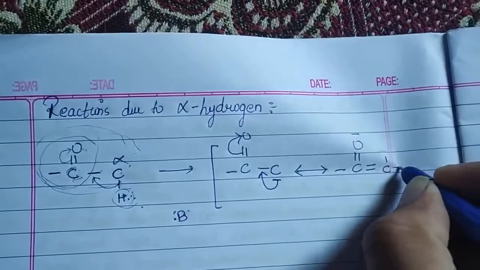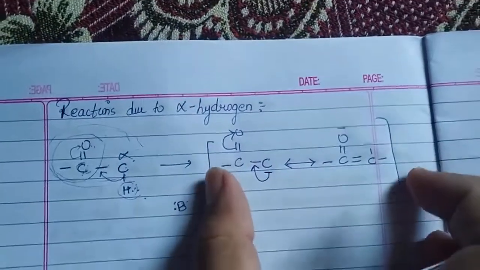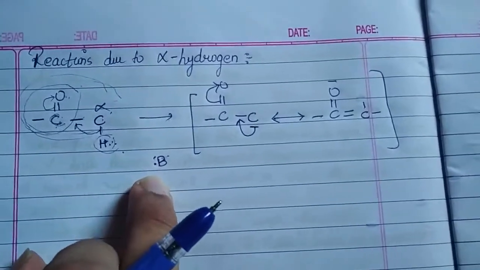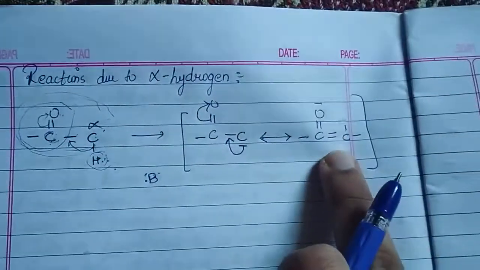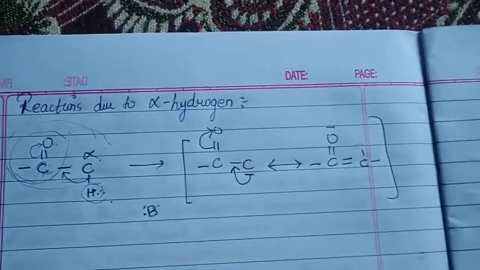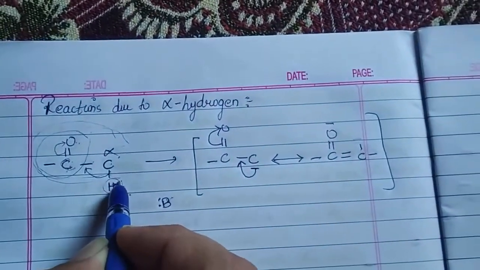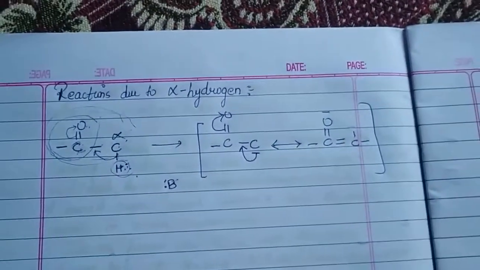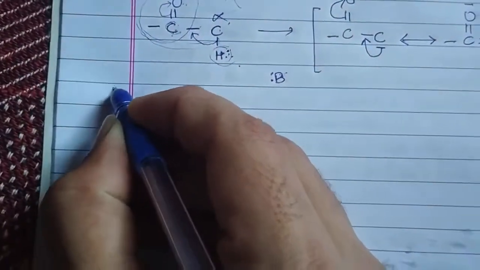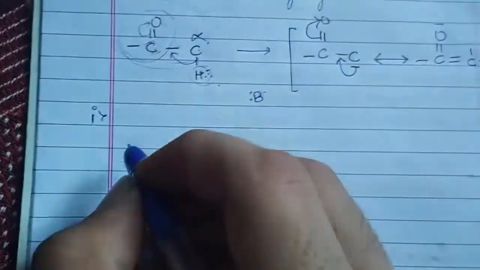So here such a resonance effect arises. So though it has given a proton, it will not remain unstable, whereas it will attain stability through the resonance structures. That is the reason the alpha hydrogens are very much acidic. And due to this acidic nature of the alpha hydrogen atoms, we are going to study 3 important reactions which